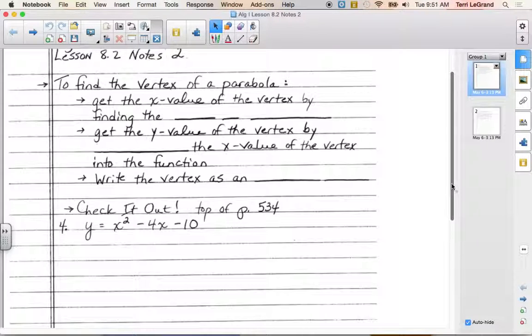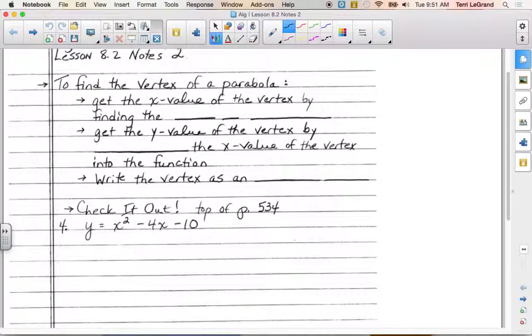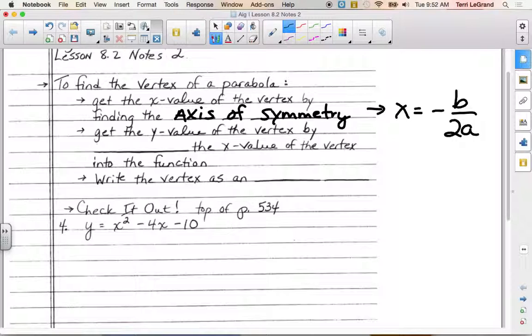Some of what we learned yesterday should be helpful. To find the vertex of a parabola, get the x value of the vertex by finding the what? What did we just say over there? Axis of symmetry. So use your axis of symmetry formula. Remember, x equals the opposite of b divided by 2a. So find that axis of symmetry,